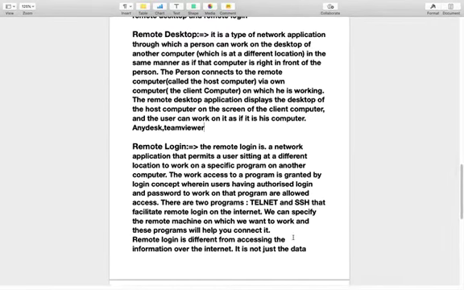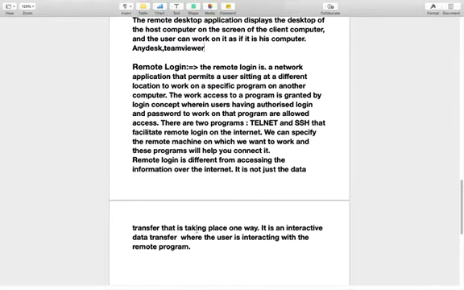Remote login is different from accessing information over the internet. It is not just a data transfer that is taking place one way. It is an interactive data transfer where the user is interacting with the remote program. So if you want to work on a particular or specific program, at that time we will use remote login. The program is stored on another computer and we want to perform some task, that time remote login is used.